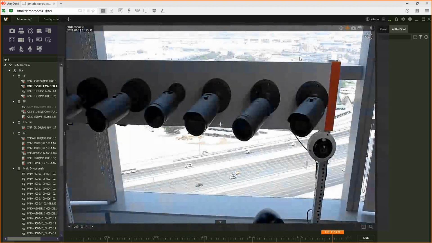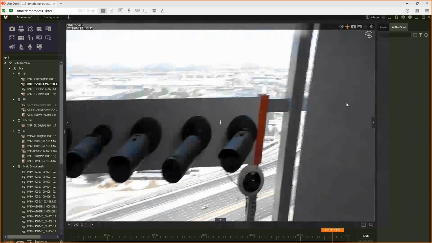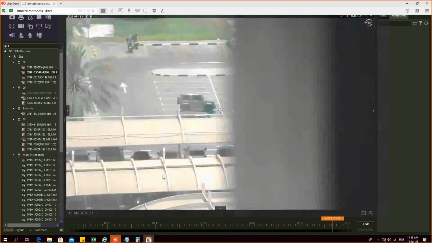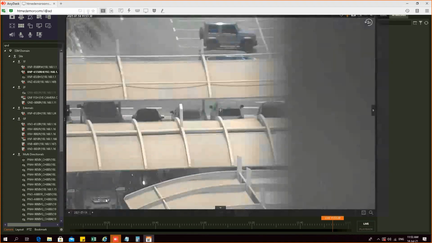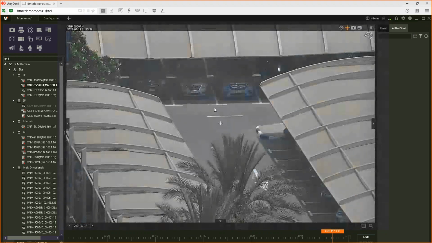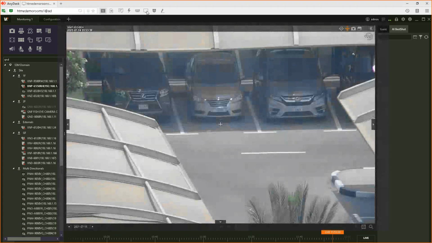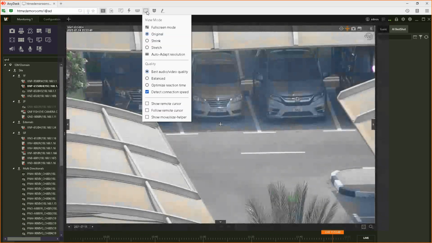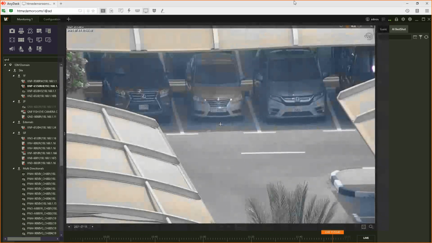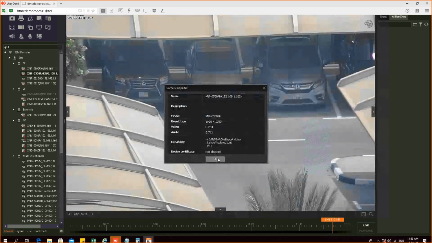So let's say I want to see some car here. Just zoom that. Okay.